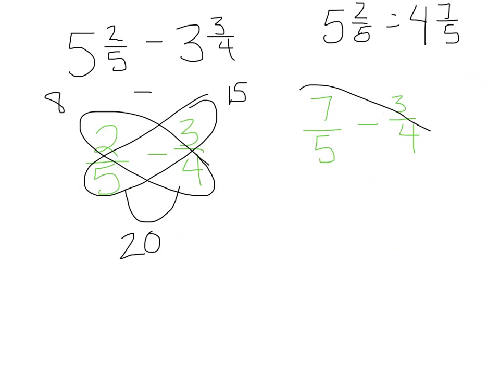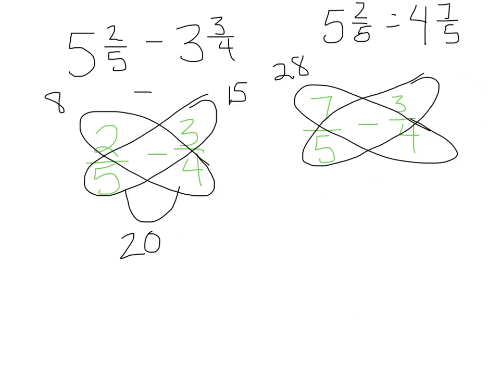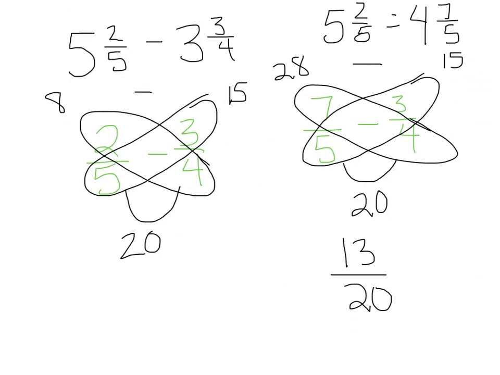And we can do our crisscross. 28 is 4 times 7. 5 times 3 is 15. And then on the bottom for the denominator we get 20. Now we can do 28 minus 15, and we end up with 13/20. But now it's really, really important, especially if we're going to do the crisscross method, to not forget